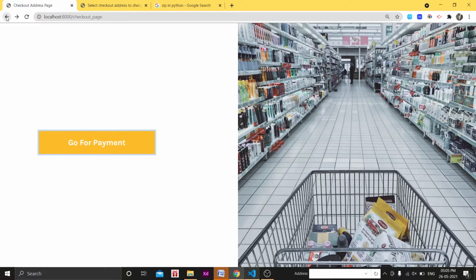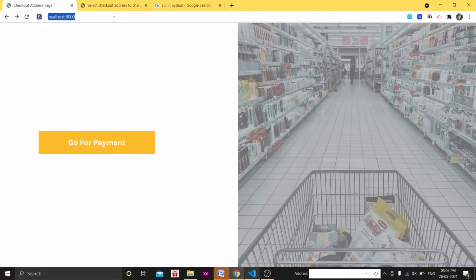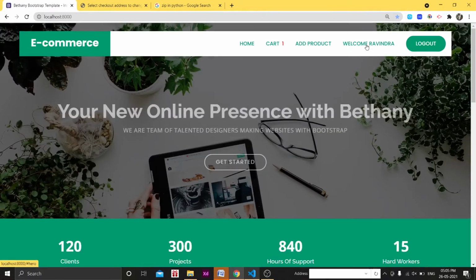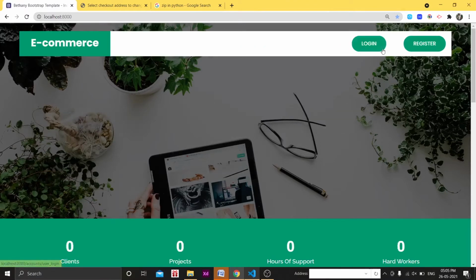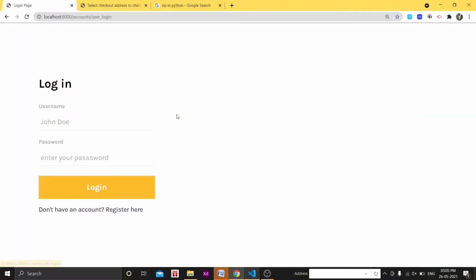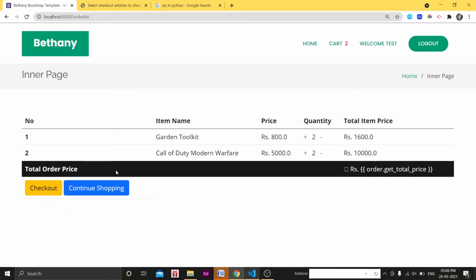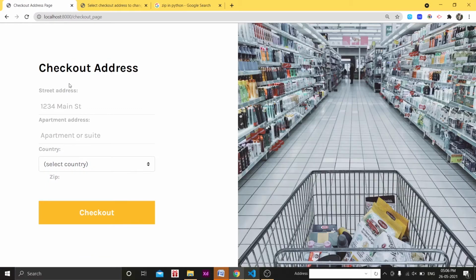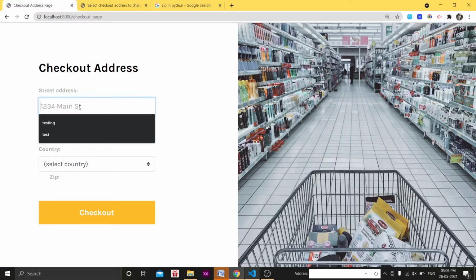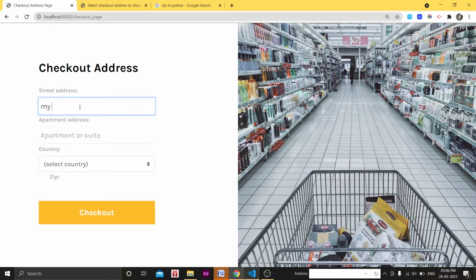So this is how we have written it. Now let's check if this works for other users also. I am going to log out here and log in with the test user that we created earlier. The test user has some orders. When he hits on checkout address, what will happen? He hasn't filled the checkout address form, so he will get a checkout address form where he will fill in, suppose, my address is